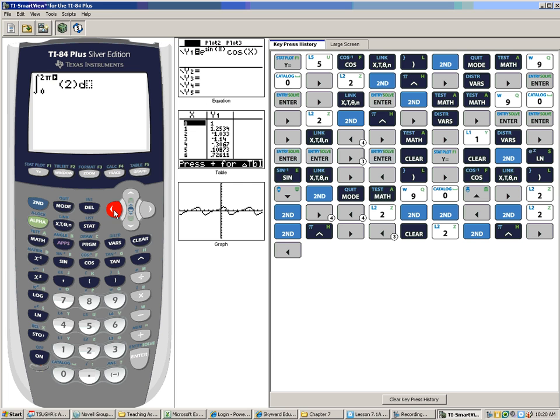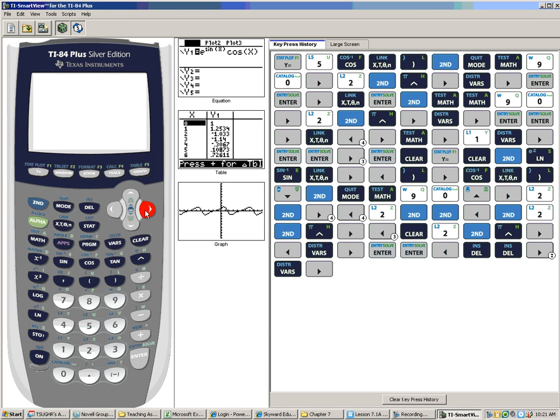Now I got to call up the y1 function, VARS, Y-VARS, Function, Y1. There's the x. Hopefully it's the 0. Okay? Now, if we want, we do the exact same thing, but we put absolute value bars around it,